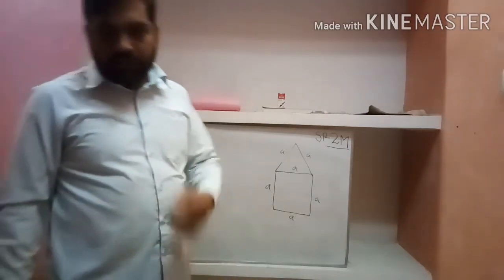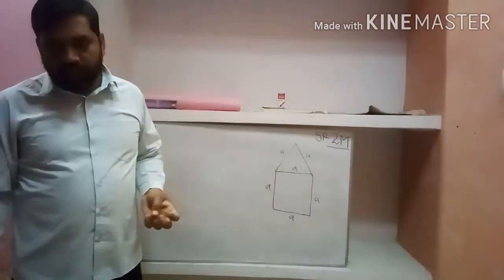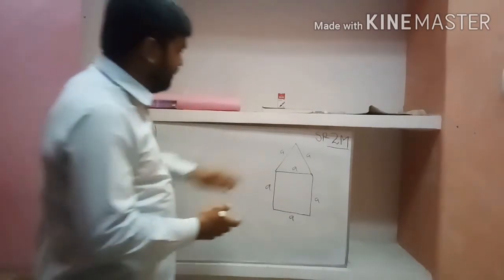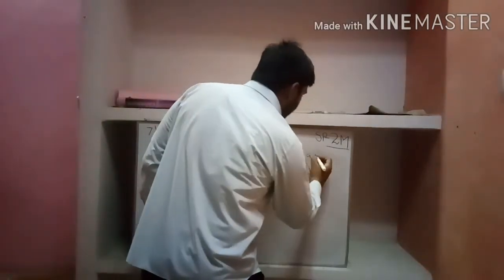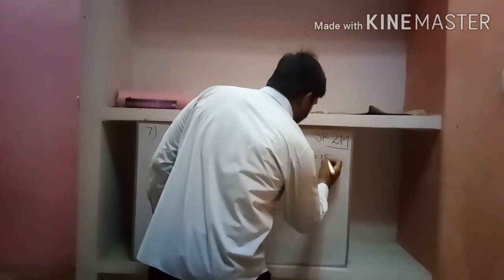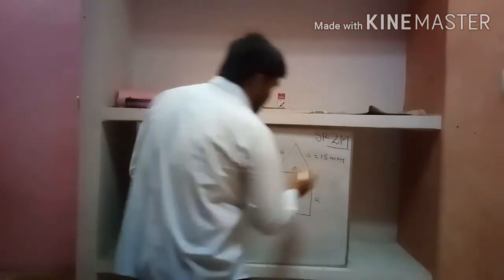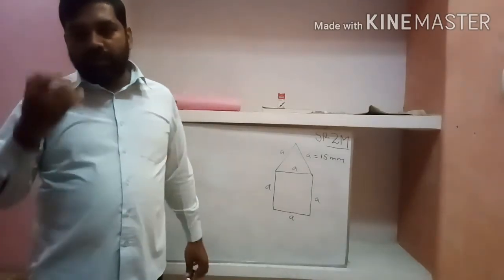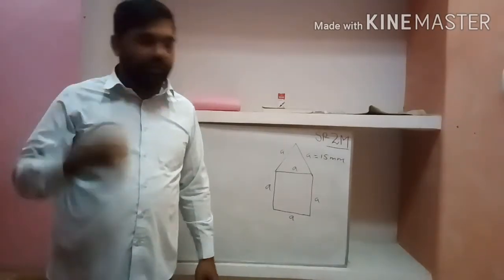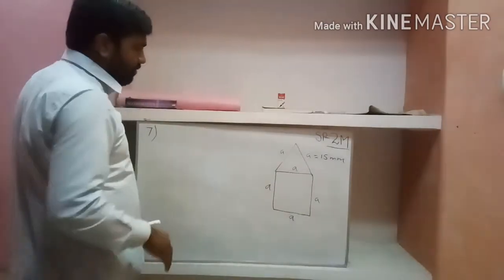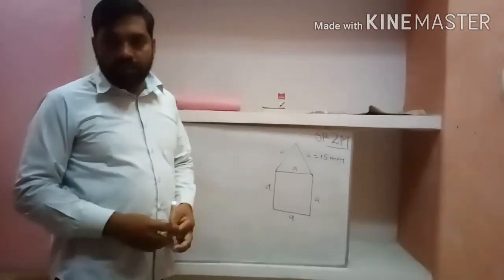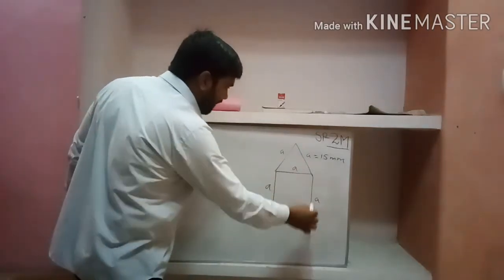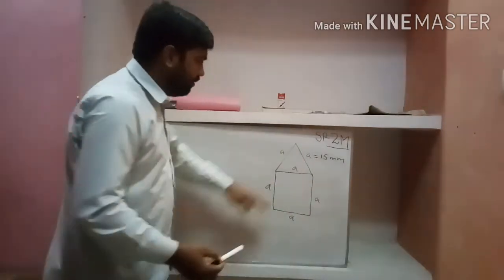Okay. If a square and equilateral triangle have a side in common, and the side of the triangle is 15 millimeter long, so this value of A is given. The side of the equilateral triangle is given. A is equal to 15 millimeter. If the side of the triangle is 15 millimeter long, find the perimeter of the figure. So the perimeter of the figure is what you have to find. Perimeter means boundary. We are not going inside.